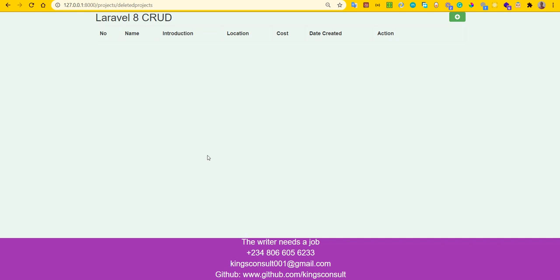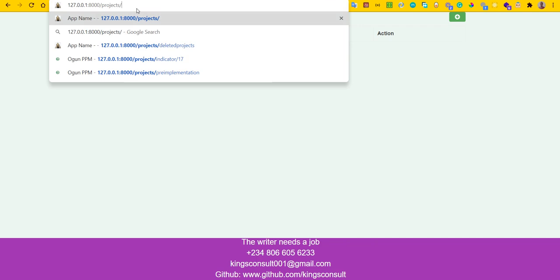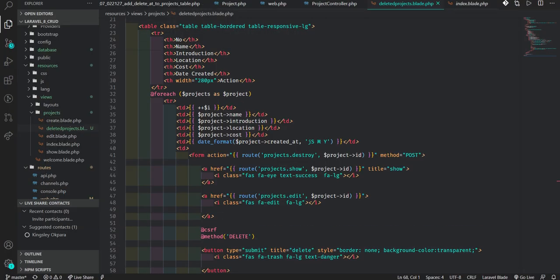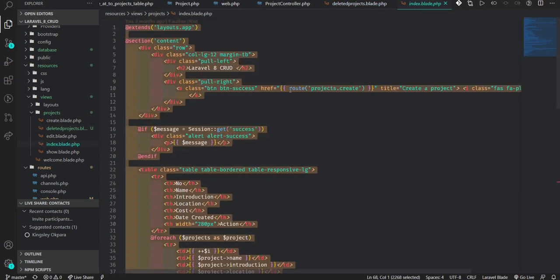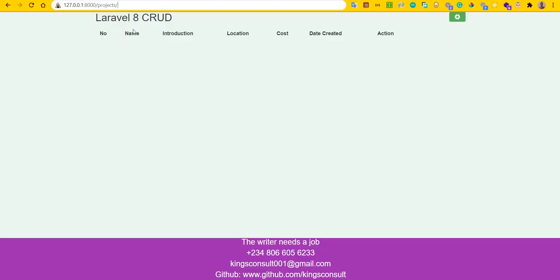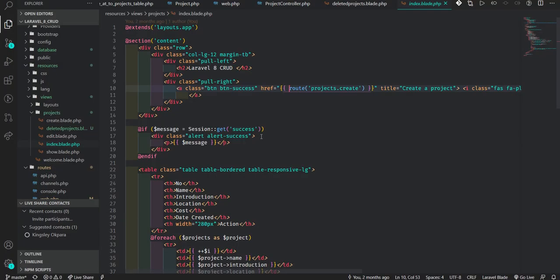We are going to customize this. This is just for the index. We are going to customize it to the point for our own. Now we are going to add a button to the index, so that the index can redirect us to the recycle bin. So we go to the index. Now looking at this, we might need to add the button by the side of this plus.